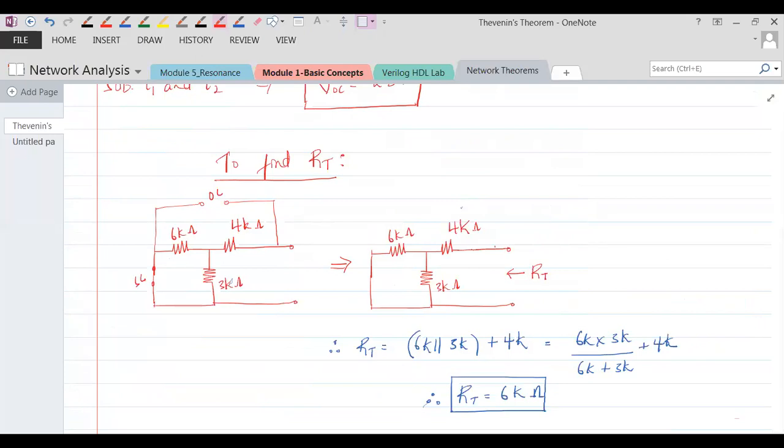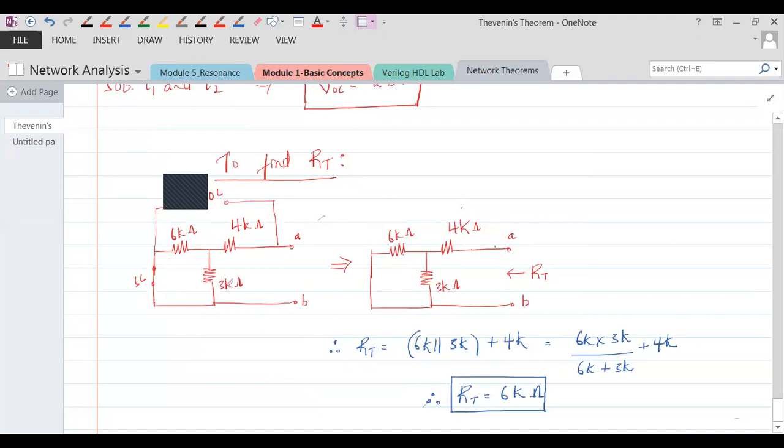See here, there are terminals here. These terminals can be neglected because it has got no significance in what we are doing. Okay. So after that, you have to just find out the equivalent resistance after it across terminals AB. So these are terminals AB that we have. Fine. So across terminals AB, we have to find out RT, which is this.